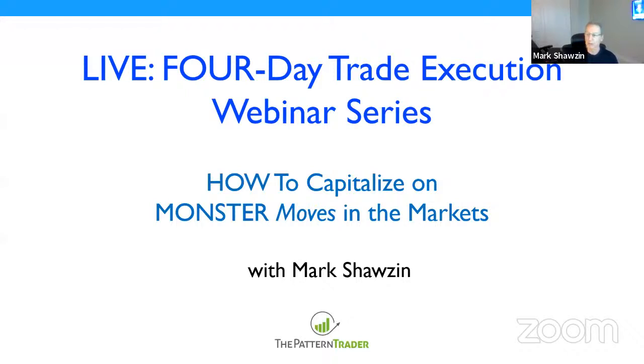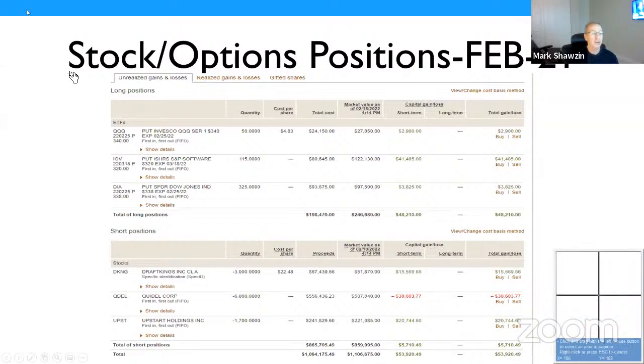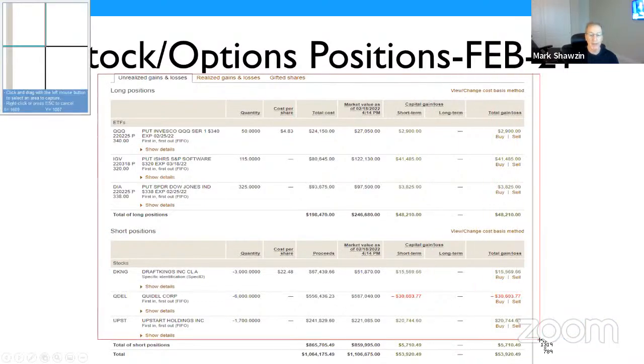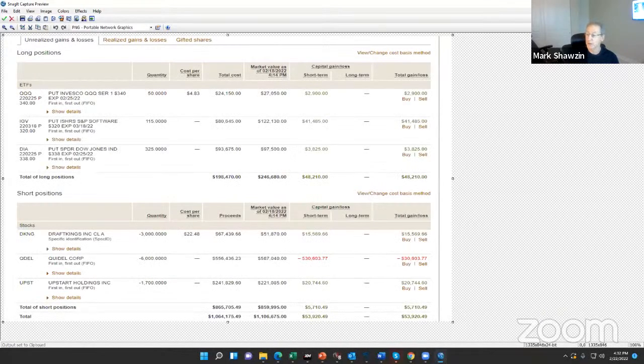Today, I'll be talking a little bit about risk management. So let me just kind of go through, I try and be transparent, show you what I'm doing. So yes, on Friday, based on the patterns I was looking at, I started getting heavily short on all of the stock indexes. So these are my positions that I established on Friday, and I'll just kind of go through them. I closed all of them out today, but let me just try and go through them here.